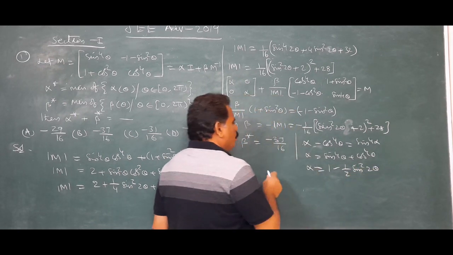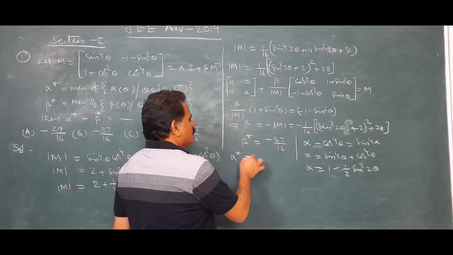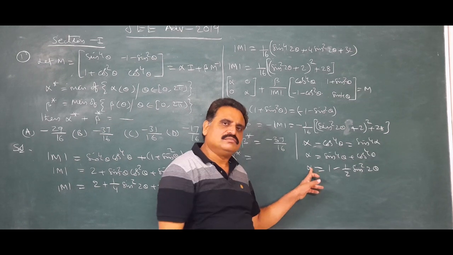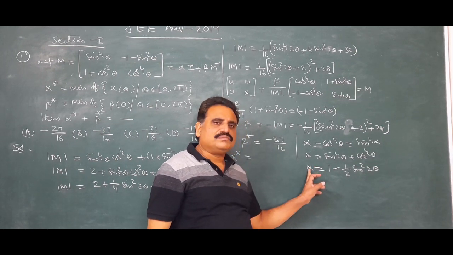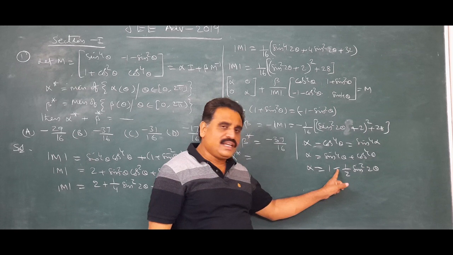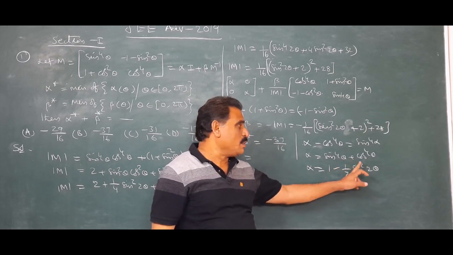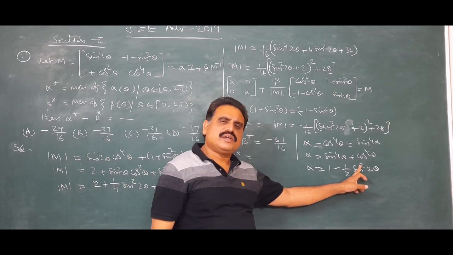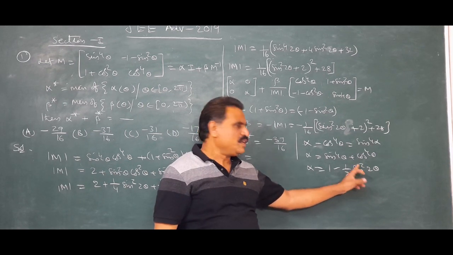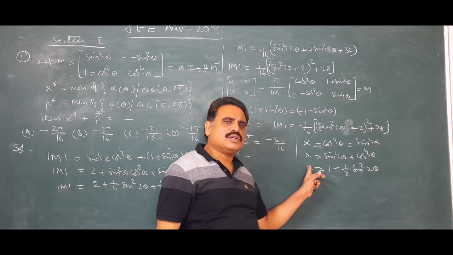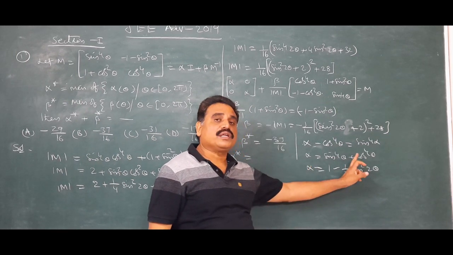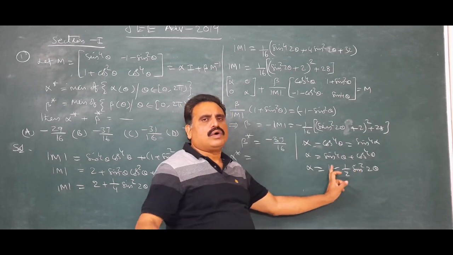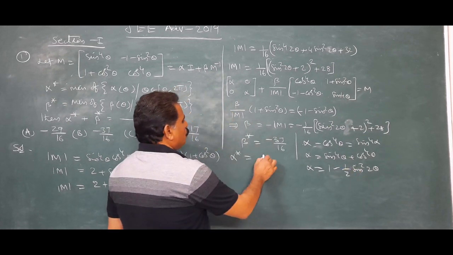So now we want alpha star. Alpha star is minimum of alpha. Alpha is a function in theta. Minimum of alpha, but here minus is there, so you have to take maximum of sin square 2 theta. Whatever the minimum of sin square theta is actually minus 1, but here alpha minimum we want. Minus is there. That's why you have to take the maximum of sin square 2 theta. That is, maximum of sin square 2 theta is 1. 1 minus 1 by 2, that is 1 by 2.